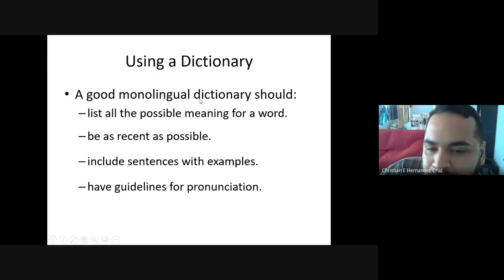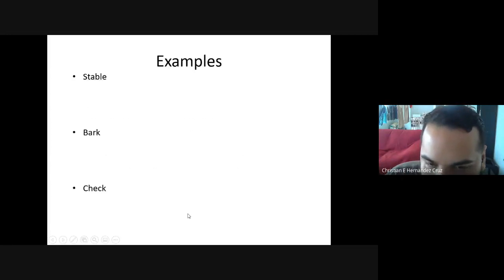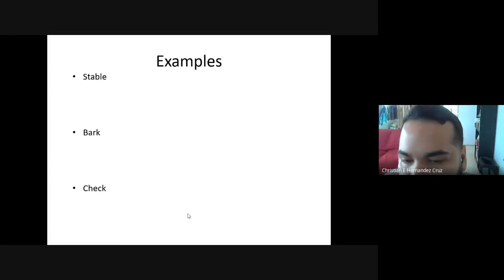A good monolingual dictionary should include sentences with examples. We're going to see that in a moment. And it should have guidelines for pronunciation. So this is an example